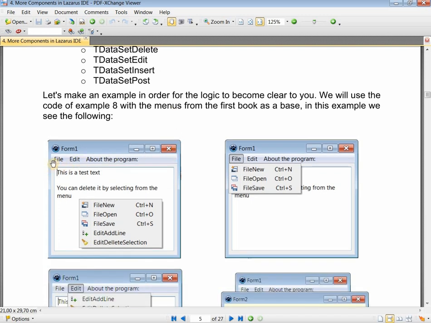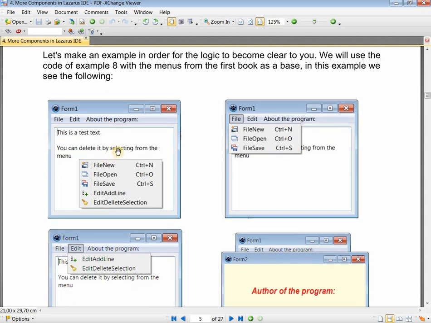This is one such example, where we have menus: File, Edit and For the program. Here's what we see in these menus. In the File menu, we have the following options: New, Open, Save. In the context menu, when we click with the right button, we have these 5. We see that here we have shortcuts, and for the program, we see this window and some code.